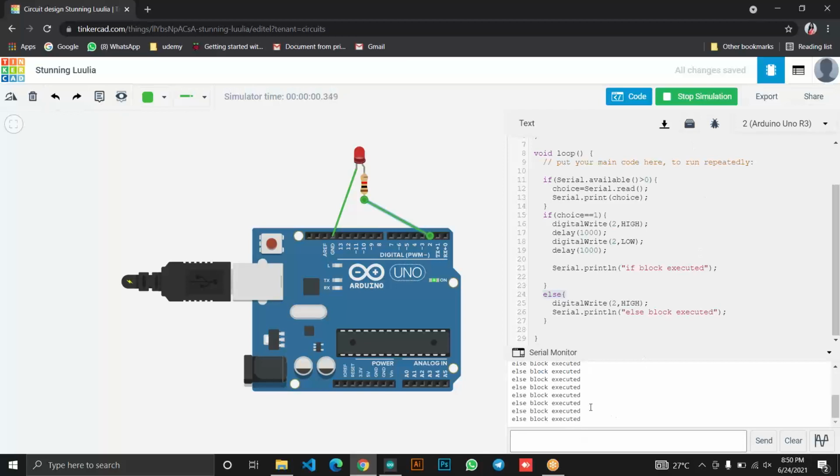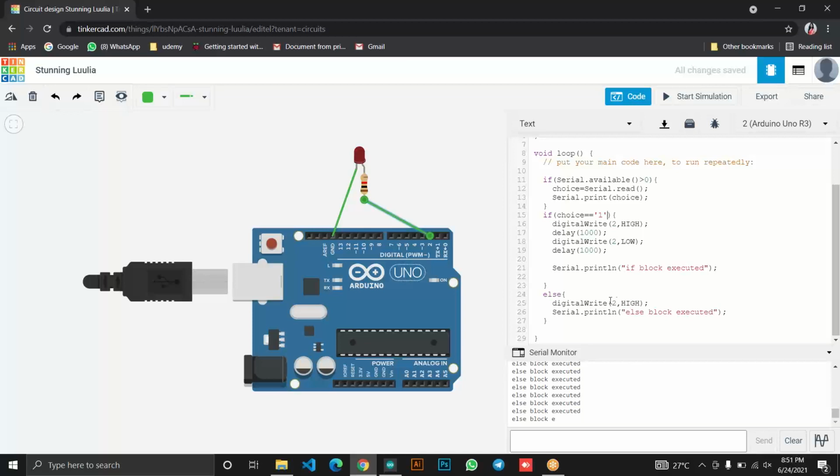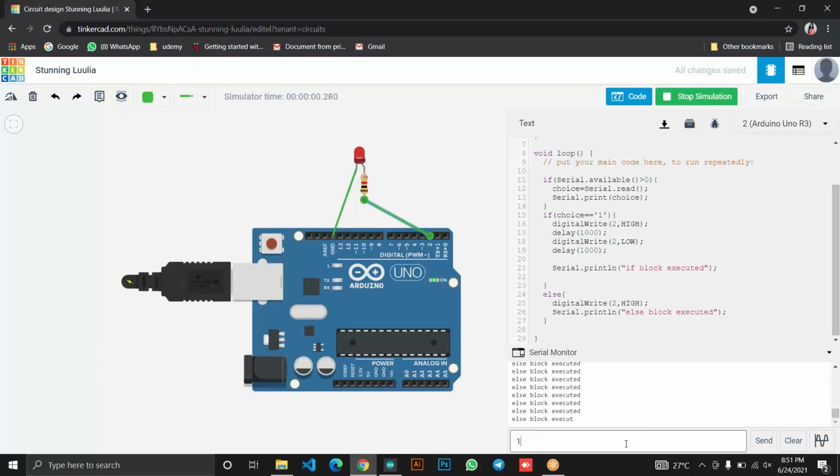We have done the simulation. Now continuously it is doing the else block, and if we write 1 and then press enter, it's not okay. One more mistake that we have made: you can see we have assigned this to character type. Now when we are assigning this to character type, we need to check it also as a character. So for checking it as a character, we need to use single quotes or double quotes over here. There is no difference between any of those for this particular thing. So when we check that '1' is a character that is the same as choice, then only we will get the proper output. So if we write 1 now,